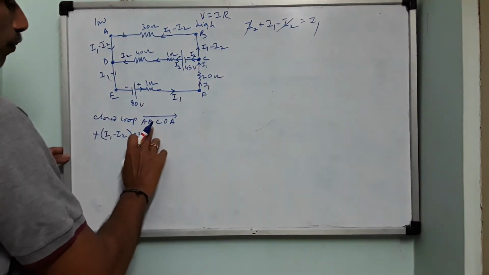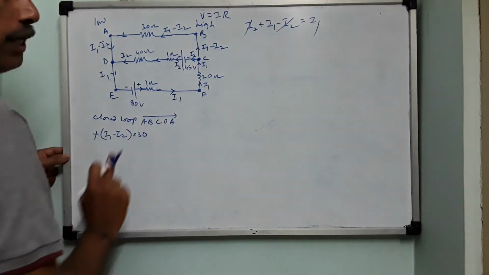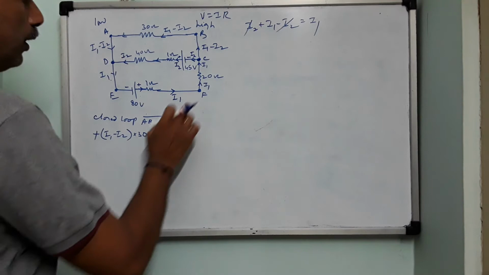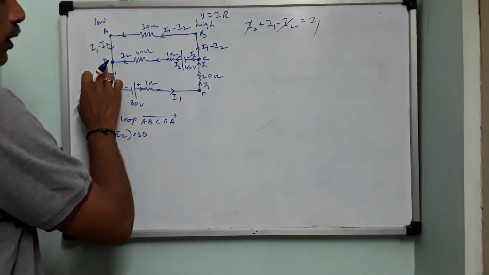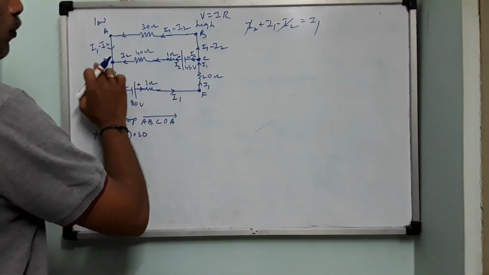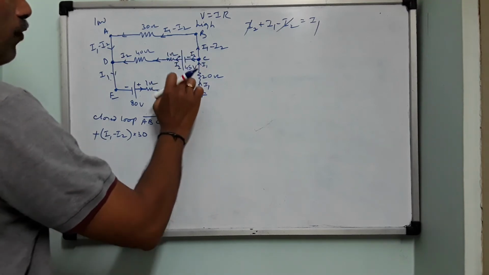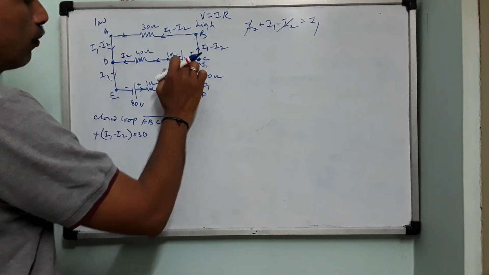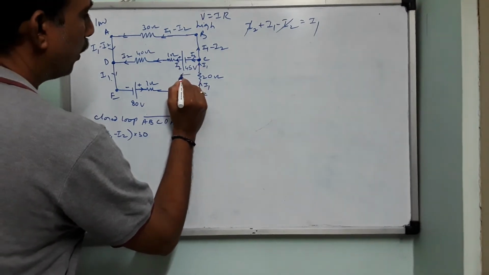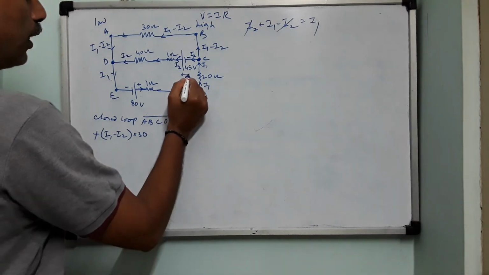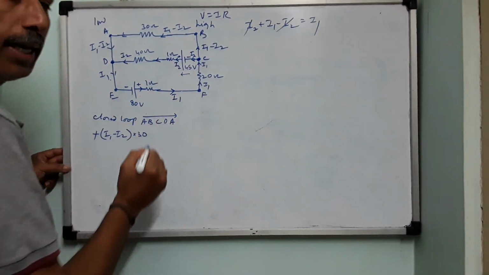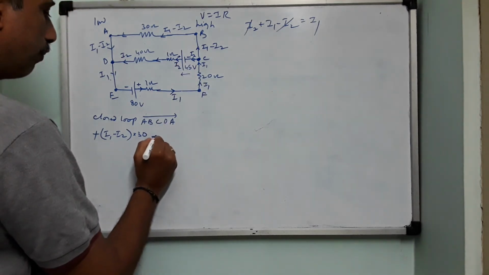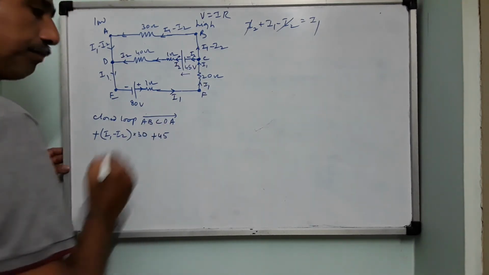Now you have to go from B to C. From B to C, there is no cell and no resistance, so there is no calculation. Then where to go? C to D. While going from C to D, you come across a cell of 45 volt and you are seeing the negative terminal of the cell. This is the direction of EMF of this cell. It increases from negative to positive, so you are moving in the direction of increasing EMF. Therefore, the EMF across this will become plus 45 volt.